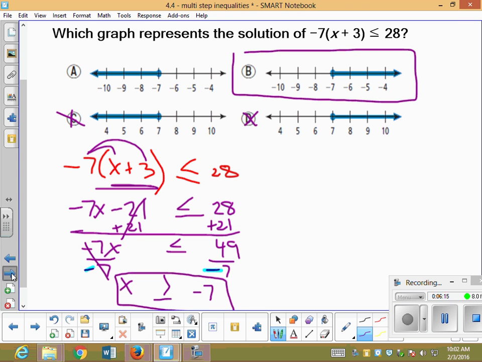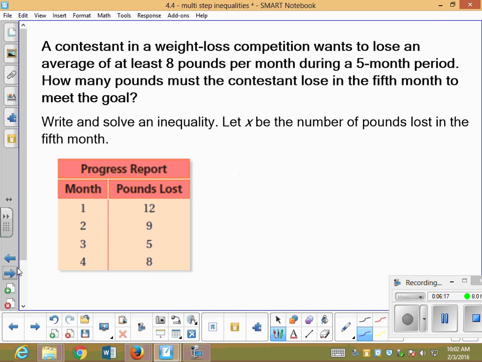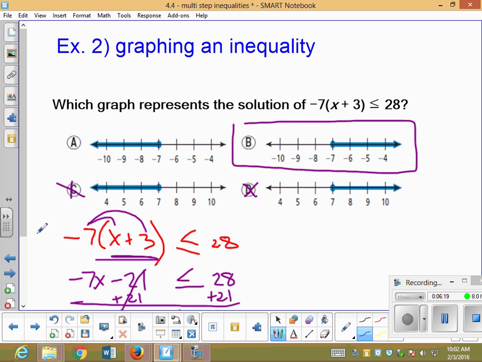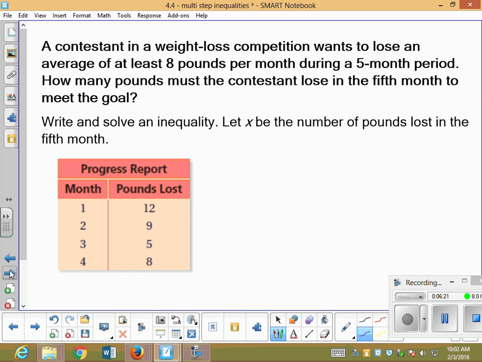Okay? All right. I would like for you to try these examples later in a bit, but I have here my next example, which is a story problem. So we're going to go ahead and read the story problem. It says, a contestant in a weight loss competition wants to lose an average of at least 8 pounds per month during a 5-month period. So we have here their 5 months, and the average they want to lose is 8 pounds per month for 5 months. How many pounds must the contestant lose in the 5th month